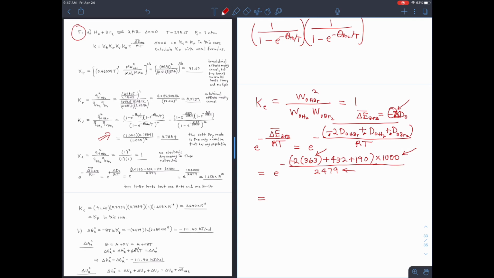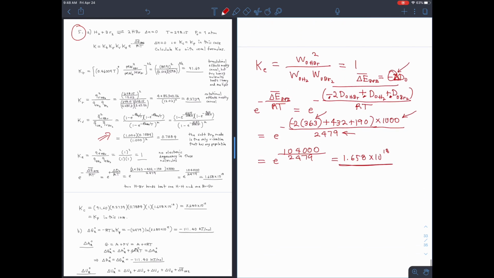So we have to multiply them all by 1,000. Anyway, the net result is e to the 104,000. So the net delta D is minus 104,000 over 2479, and that is equal to 1.658 times 10 to the 18th. So again, as usual, the ZPE factor, or the bond energy factor, dominates, and is by far the biggest factor in